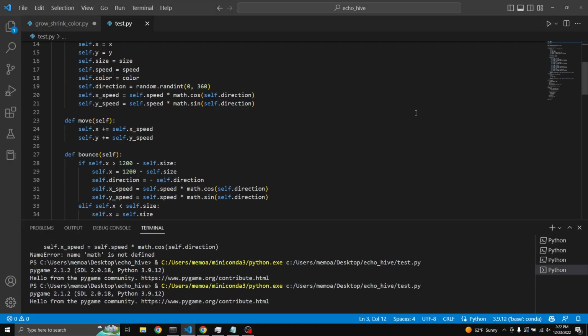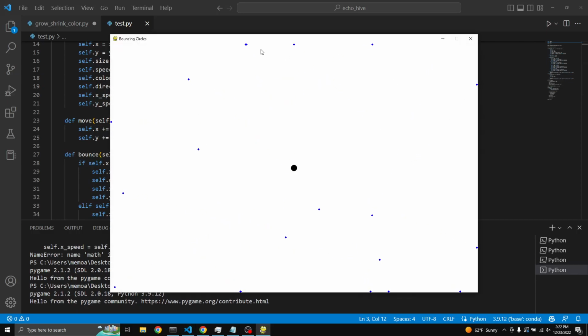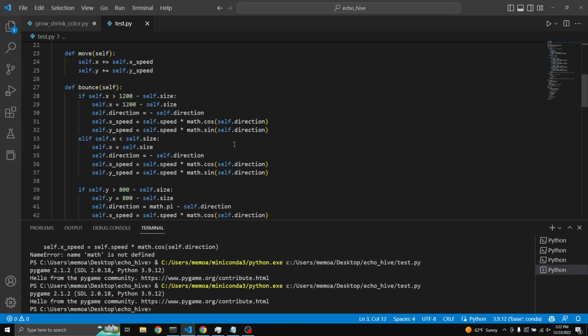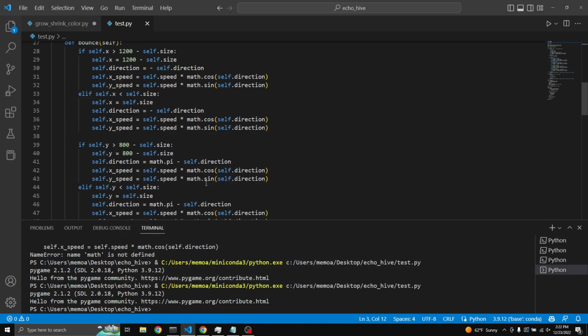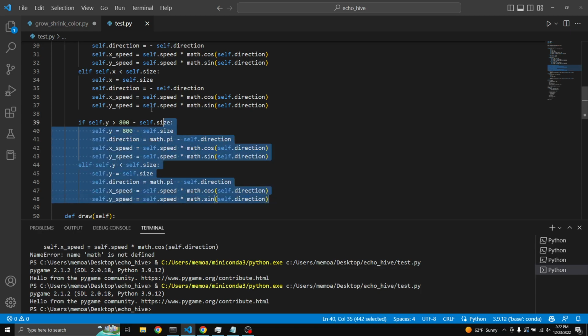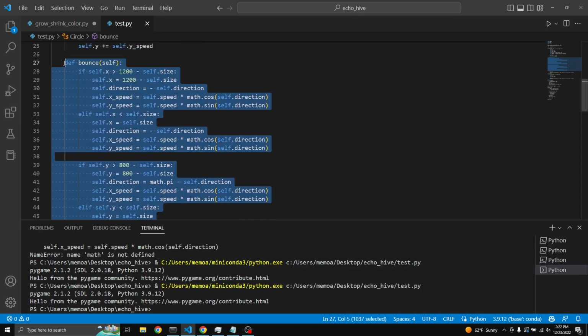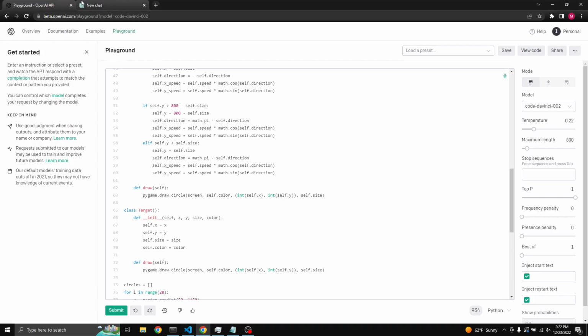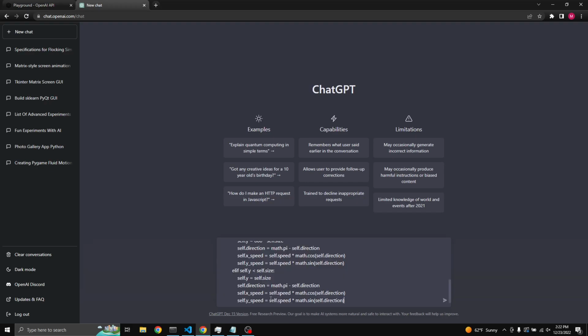It fixed the directionality issue, but when they hit the edges of the screen, they just kind of get stuck there. So there's a problem with this bounce formula. So I'm just going to copy it, and this time, oh, my mistake. This time let's actually try ChatGPT. Let's give this and say modify this code so that